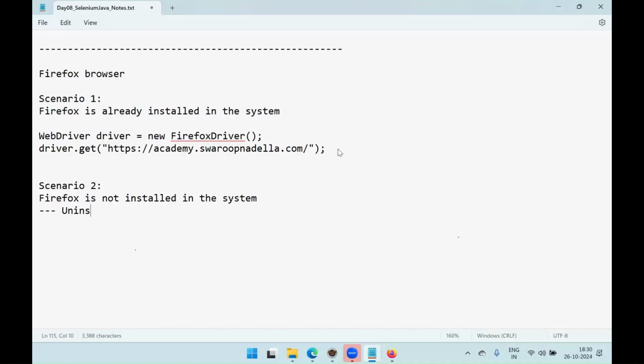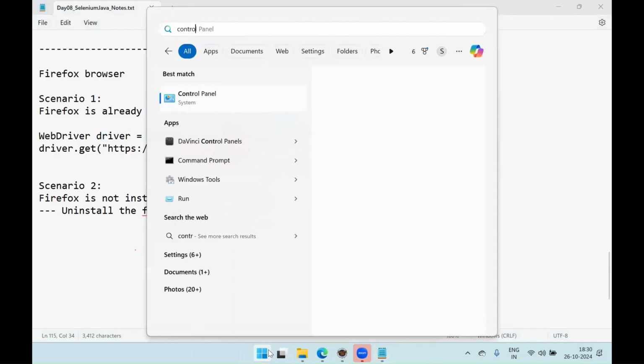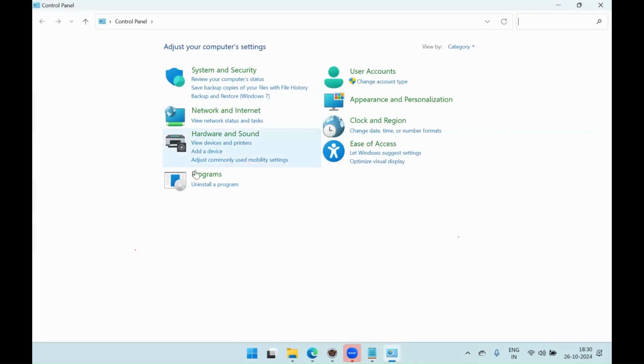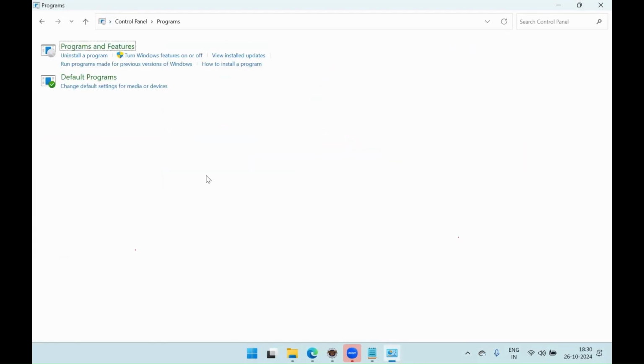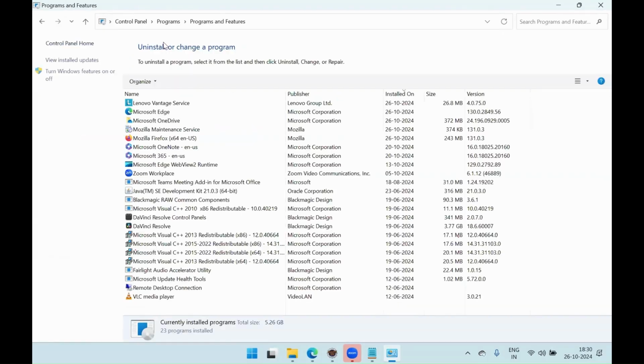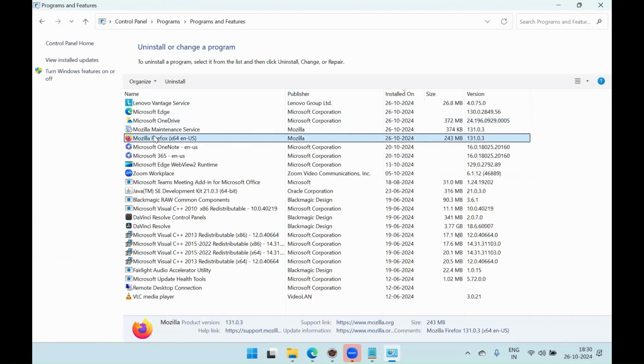So since I have already uninstalled Firefox... if you already have it, in order to test this you need to uninstall the Firefox browser from the system. So I'll close this browser and go to the Control Panel again and uninstall Firefox. Go to Control Panel, Programs and Features, and you can see Mozilla Firefox. Click on uninstall, and in the Windows authentication pop-up,